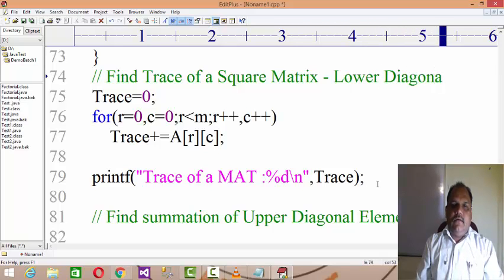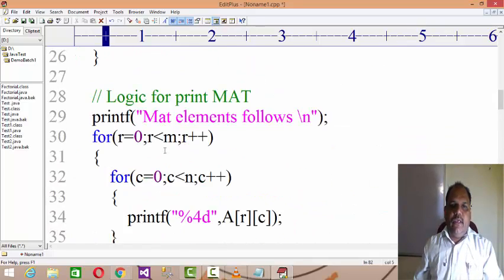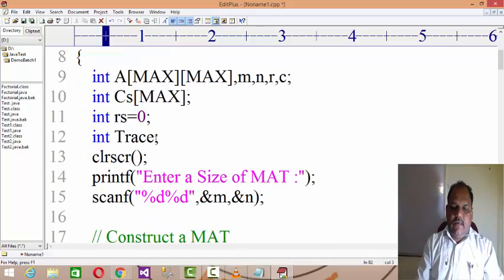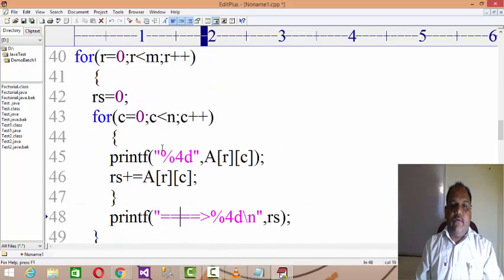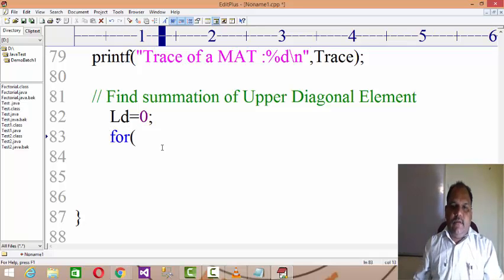Right? So what you need to do again, let's say you declare a variable over here as LD, lower diagonal, the summation of lower diagonal elements, then LD equals 0. Now here in this case you need to add the elements.